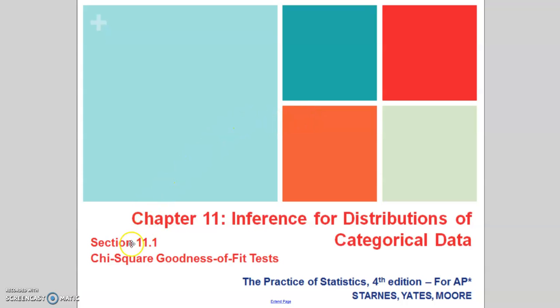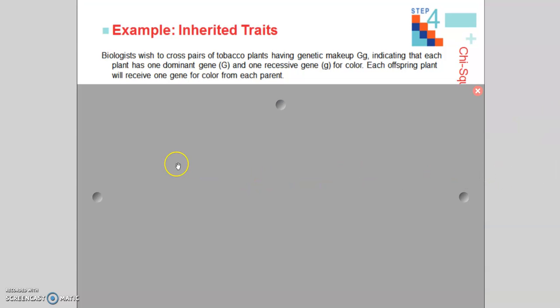Hello, stat students. Today we're going to finish up section 11.1 talking about chi-square goodness of fit tests. So let's take a look at another example here of running a chi-square goodness of fit test. Biologists wish to cross pairs of tobacco plants having genetic makeup GG, indicating that each plant has one dominant gene